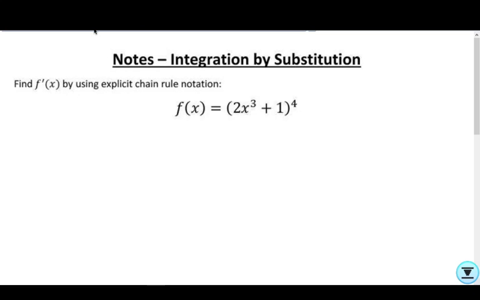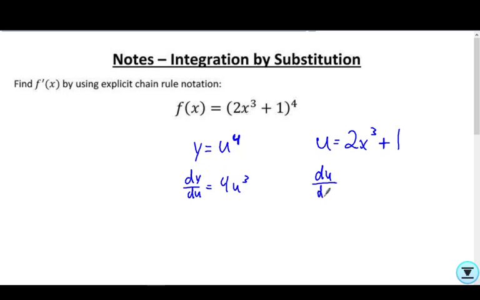When we first learned this, we said, okay, I'm going to split this up by first finding and deciding what's my u. And in this case, u is the inside function 2x cubed plus 1. Okay? And then we rewrote this as y equals u to the fourth. Okay? So this is how we originally learned how to do chain rule. And then we took the derivative of this one with respect to u, and that gave us 4u cubed. And then we took the derivative of this one here with respect to x, and we got 6x